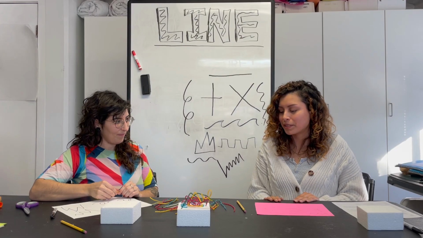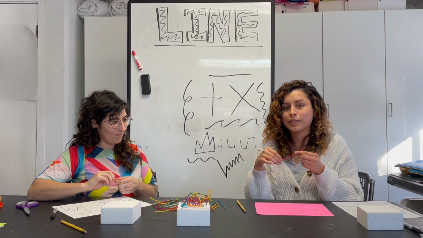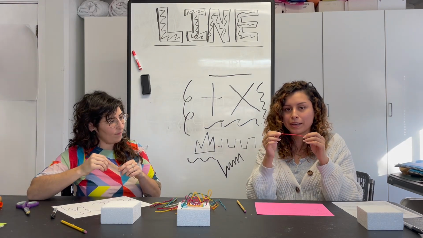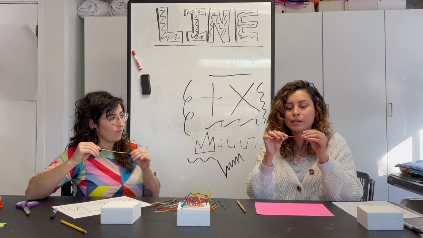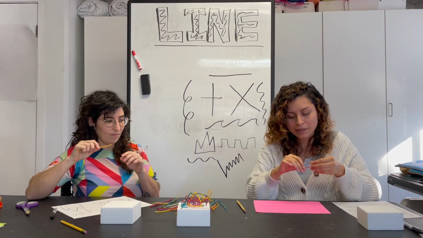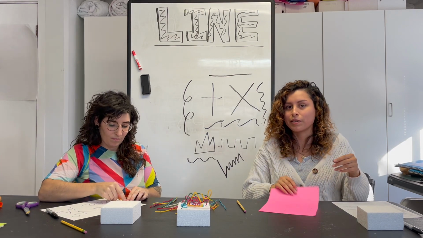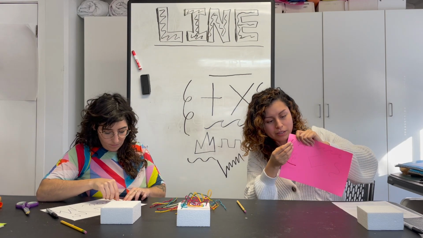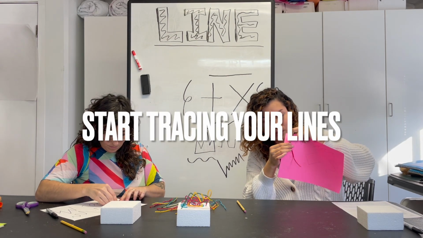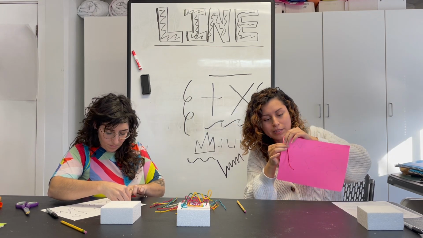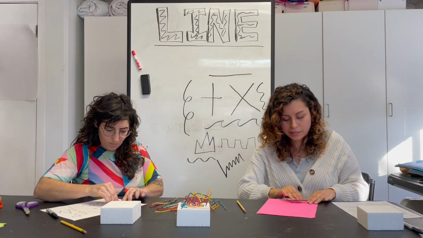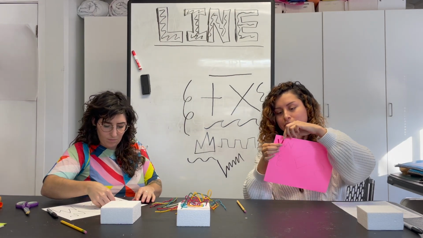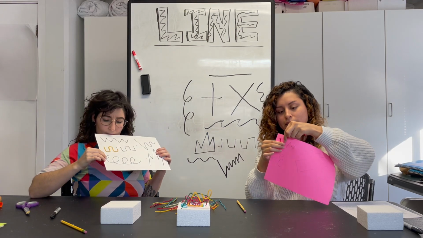Okay. So now that everyone's ready, we will take a look at our wiki sticks, familiarize yourself with it again, and we are actually going to take advantage of the fact that it's sticky, and we are going to stick it onto our paper. But we're actually going to use it to trace along our lines. I'm going to hold up the paper so it's a little easier to see. You can press it on, or you can do this on a flat surface. But I'm holding it up so that way it's a little easier to see. And you can start tracing along